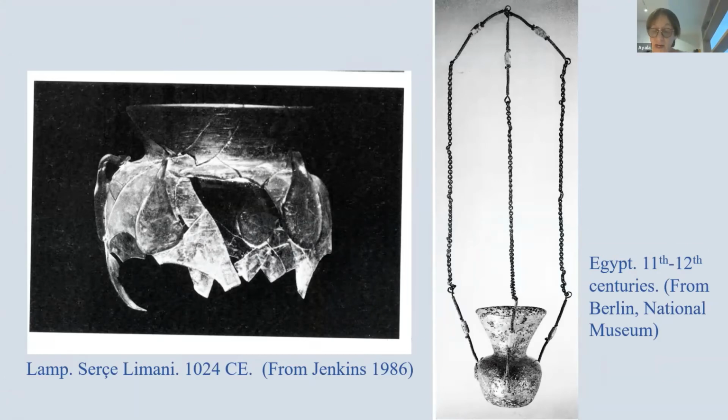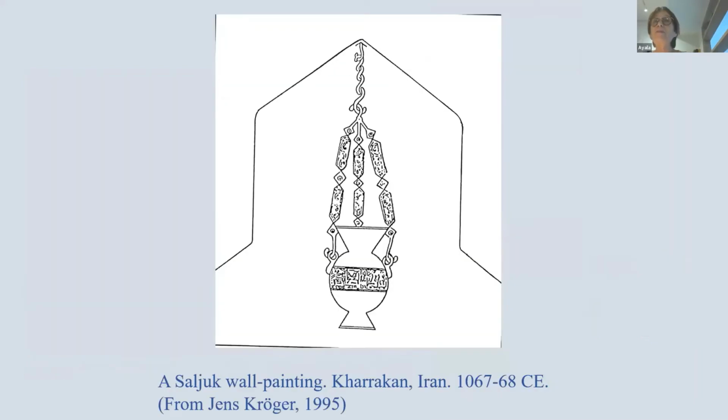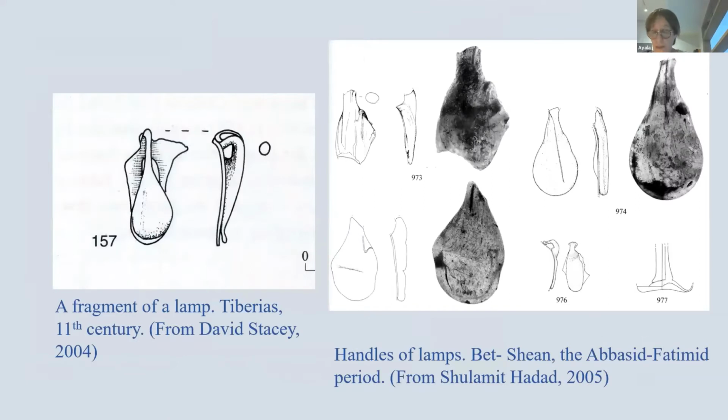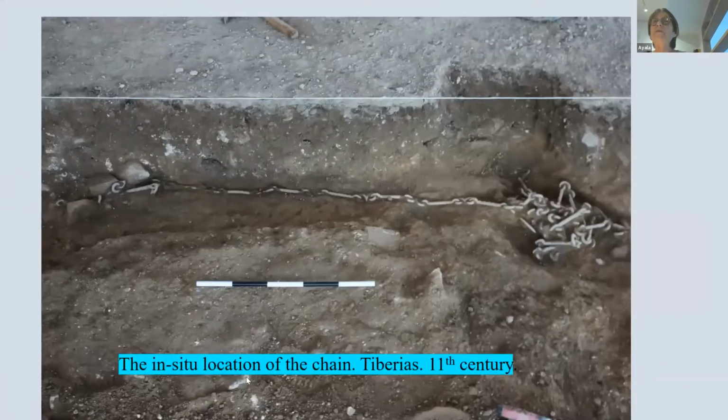This type of lamp is known in Palestine during the 10th and 11th centuries, such as a fragment of a handle from Tiberias and large handles found at Baisan dated to the Abbasid and Fatimid period. A small fragmentary lamp,